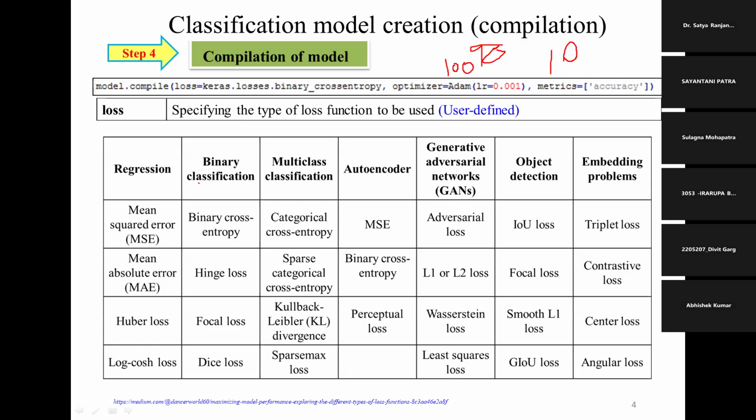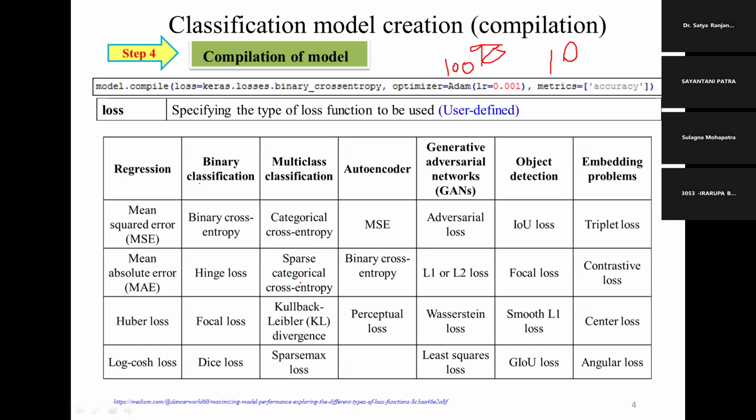If we go for binary classification, like dog or cat, disease or not disease, tumor or non-tumor, binary cross entropy is the most used one. Most people use binary cross entropy, hinge loss, focal loss, or dice loss, so these four are more appropriate. If it is a multi-class problem, we can go for categorical cross entropy or sparse categorical cross entropy, which is now very popular. Then we have KL divergence or softmax loss. Mostly people use categorical cross entropy, or if it is not giving good accuracy for multi-class, they go for sparse categorical cross entropy.